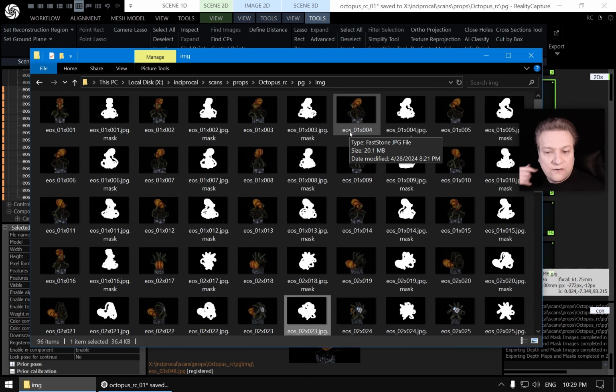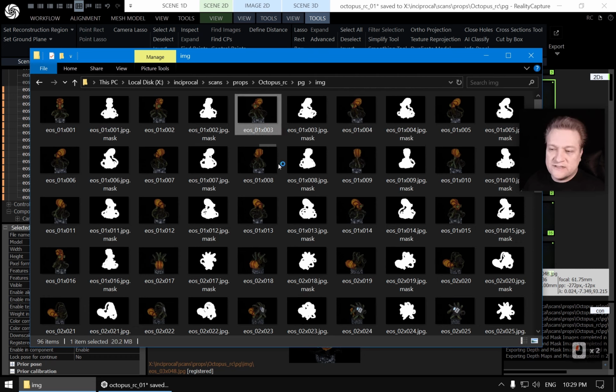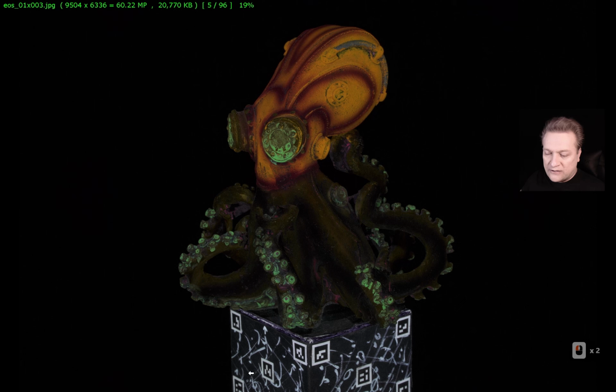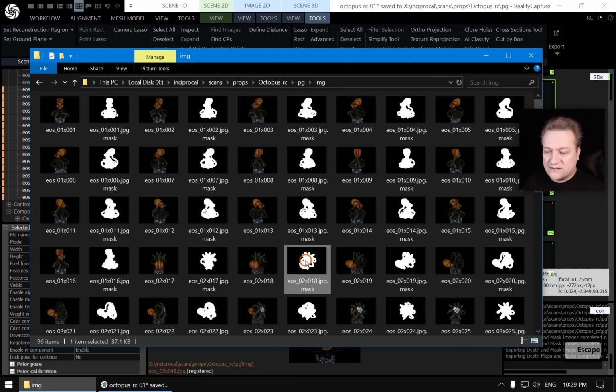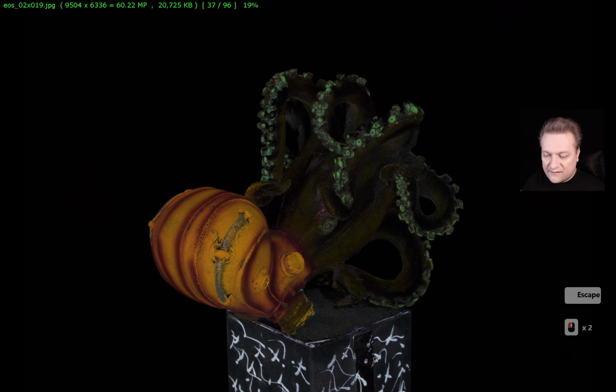So at this point all this could be imported back into Reality Capture, and we can make sure in that case that these masks are only used for meshing but not for alignment. Why? Because we still want to have our support structures like this box, and not only this one but all other boxes as well for alignment. So we don't want to apply these masks